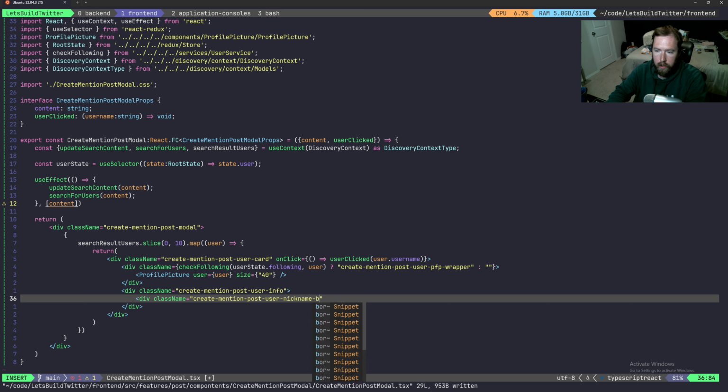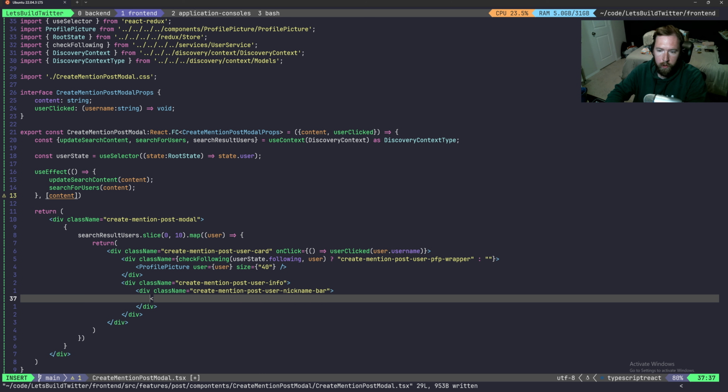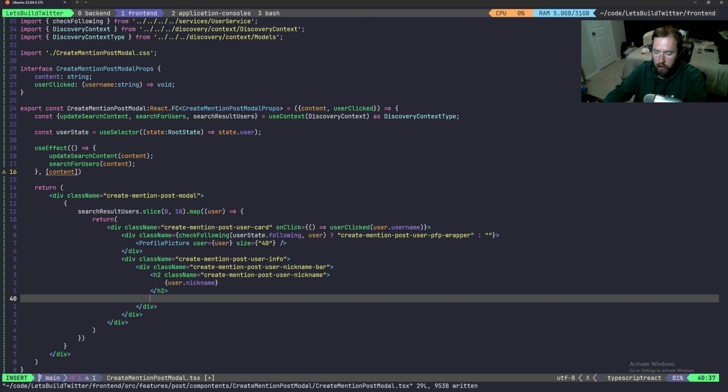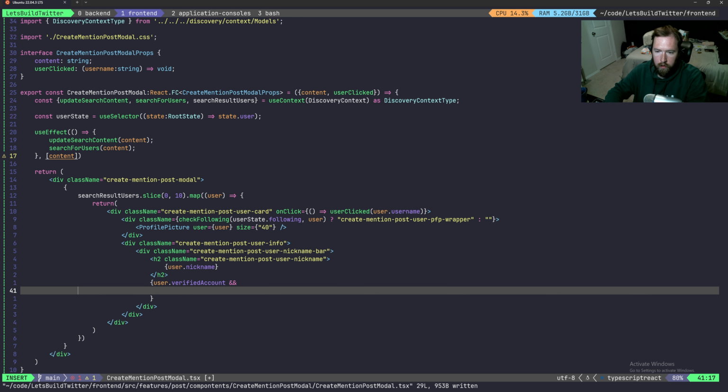maybe dash bar. And inside our nickname bar, we'll have an h2, the class name, and I'm sure I'm going to miss something here, create-mention-post-user-nickname. And inside our nickname, we'll have user.nickname. Below the nickname bar, we'll have curly braces. We'll say user.verifiedAccount, and if it's a verified account, we'll go ahead and say